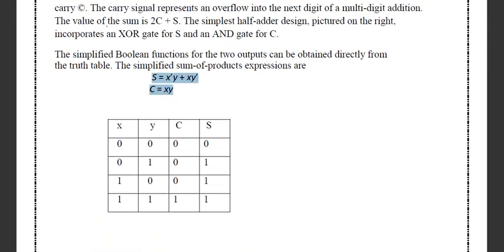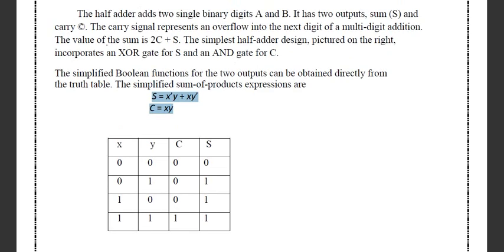This one is the formula of half adder summation and carry. You can easily try that. In the first section you have 1 and 1. If you put the value here, the value of x is 0 and y is 1, that's why it will become 0. And in this section the value of x is 1 and y is 0, it will become